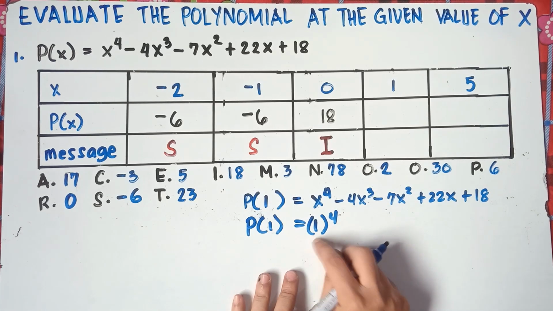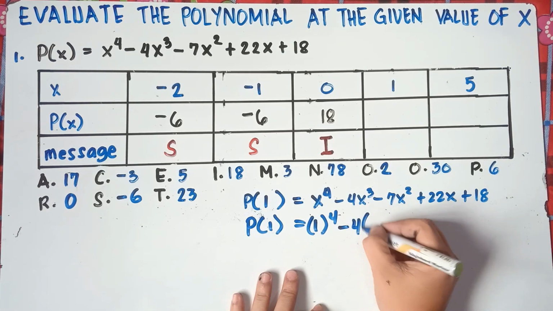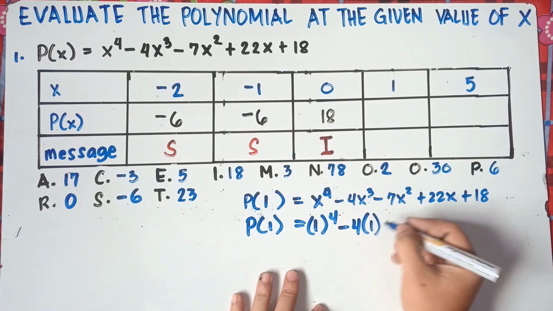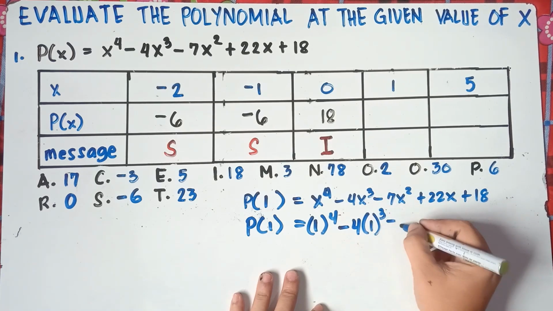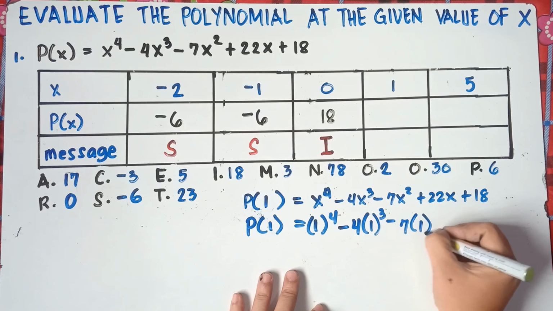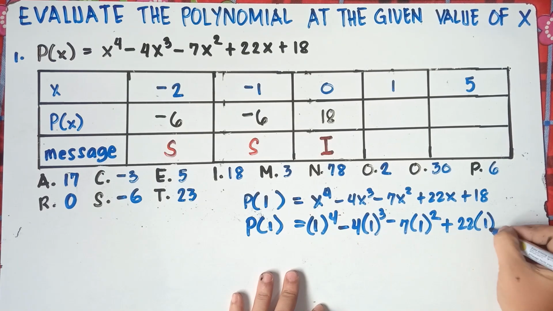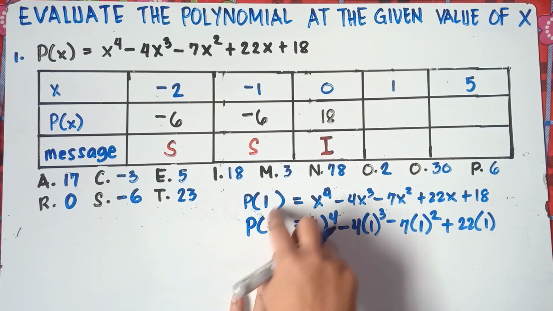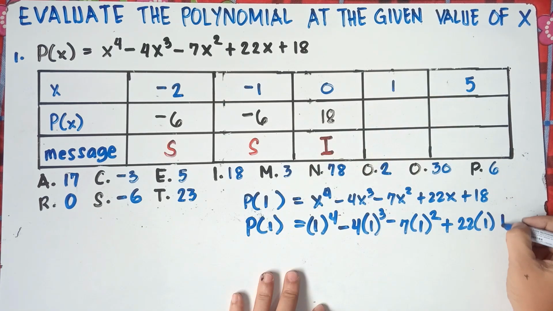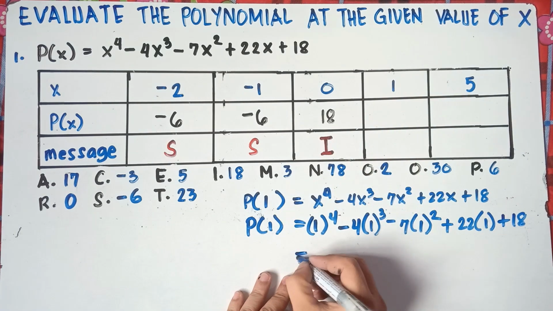So x is positive 1 minus 4, then x is positive 1 raised to the power of 3 minus 7, then x is positive 1 raised to the power of 2 plus 22 times 1, x is 1 once again, class, from this given, plus 18. So this will be,